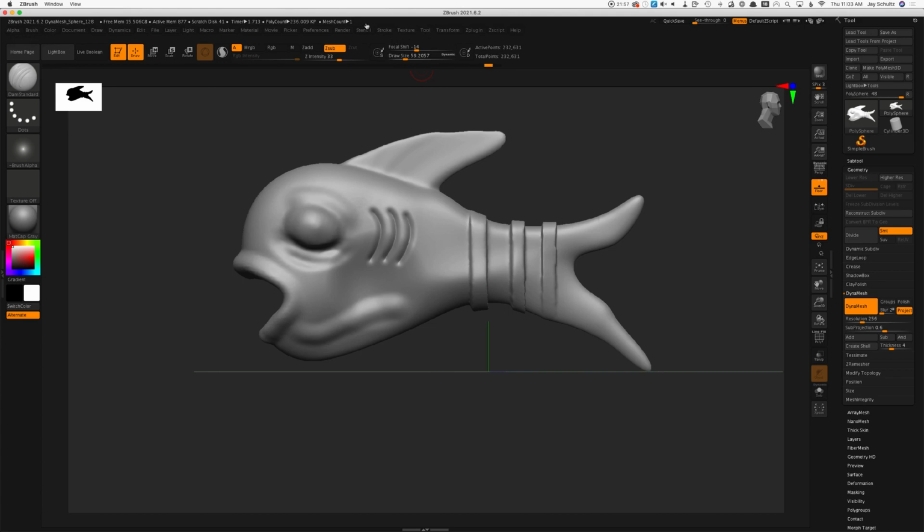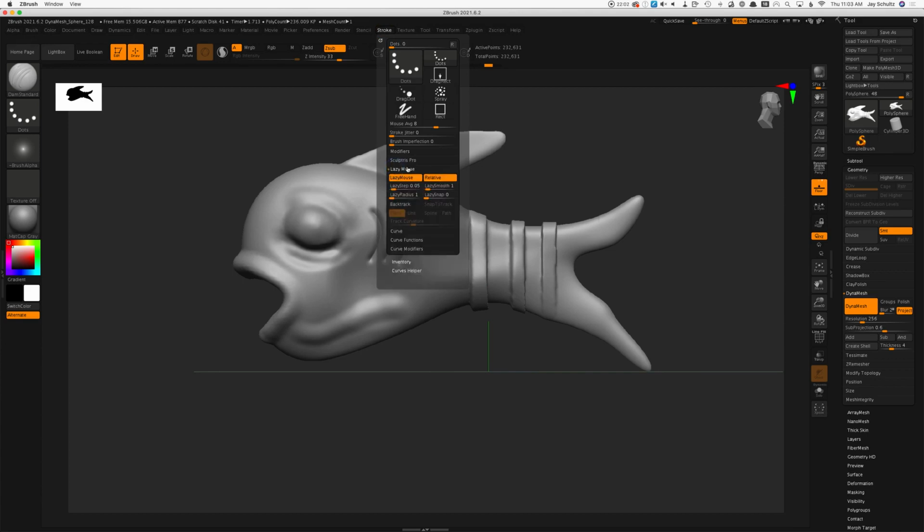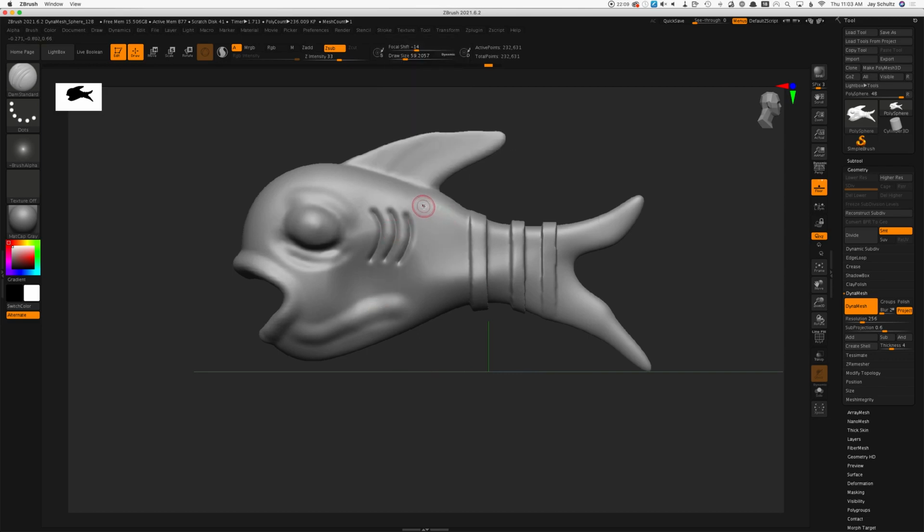Okay, the other thing I should mention is under Stroke, there's a thing called Lazy Mouse, and this is usually on, but you can change this radius. And what that does is that smooths the stroke as you drag, and you'll see a little trail following behind this as I drag. Okay, so that gives me the opportunity to really do a nice clean curve with this if I wanted to do that. Okay, that kind of thing. All right,